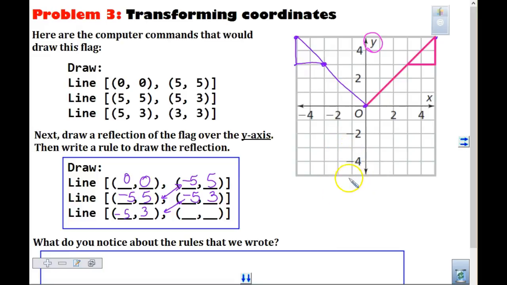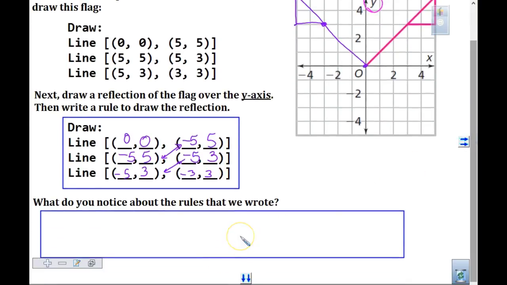Whitney, did you guys come up with something? Have you talked yet? Did you check each other's? Okay. 0, 0, negative 5, 5. A little quieter. Whitney, what'd you guys come up with? Negative 3, comma 3. Everyone get that for the last one? Yeah. So it says, what do you notice